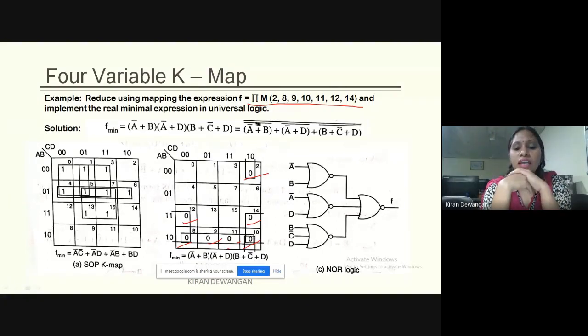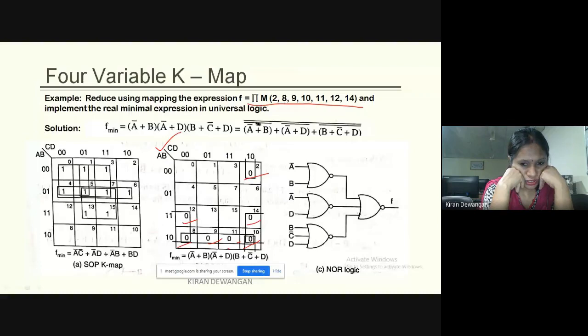अब यहाँ पर क्या क्या है? How many quads and pairs are there? Yes. How many quads are there? And how many pairs are there? Anyone? Reply fast. How many quads and pairs are there? We are checking with this one, POS. 3 quads.